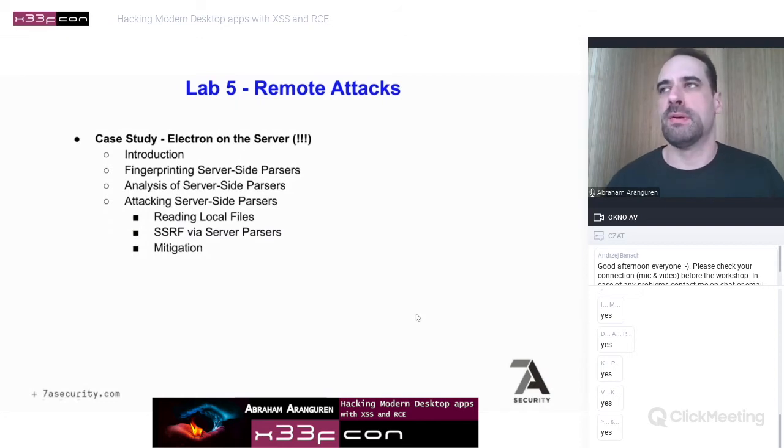Because you think about Electron and you think about the client, but sometimes Electron applications exist on the server. So if you are a web app pen tester and you have no idea about Electron, you're missing out, because we found this a couple of months ago. Well, I don't remember exactly, maybe 3-4 months ago in a pen test, where a web application was running an Electron component on the server that was generating PDFs based on user-supplied HTML. So